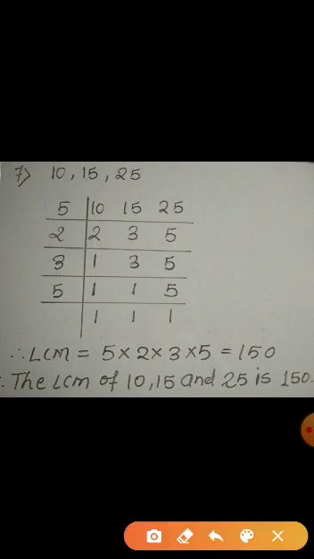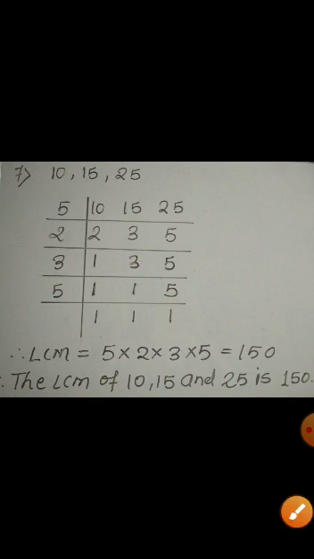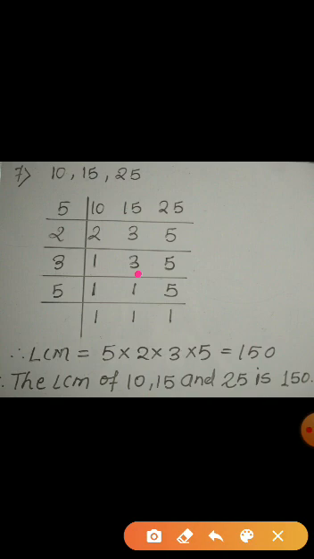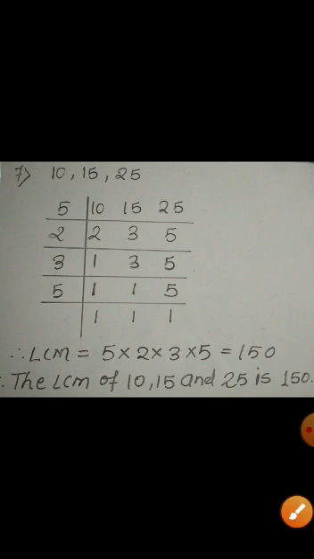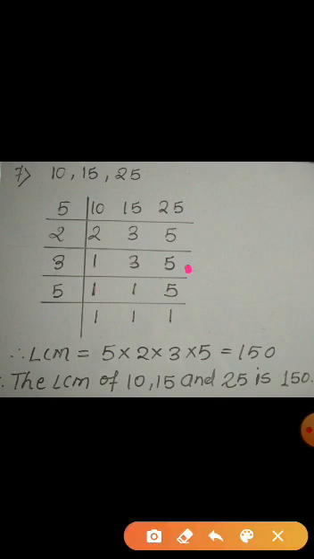Okay. So first I am going to divide 2. When I divide 2 by 2, we get 1. And the numbers 3 and 5 will come down as it is, right? Then I am going to divide 3. When 3 is divided by 3, we get 1. And the other numbers will come down as it is. And at the last, I am going to divide 5. When 5 is divided by 5, we get the quotient 1.